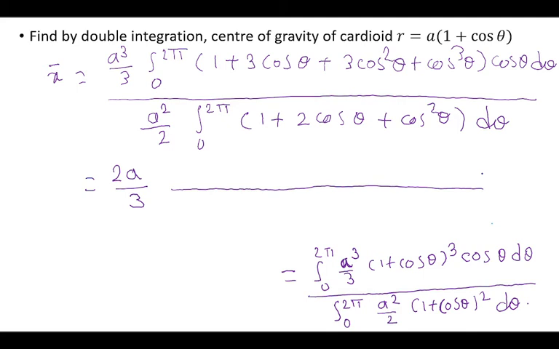If you know some properties, like the integral from 0 to 2 pi of cos raised to n theta, you can use that to know for which power it is 0. Obviously, if the power is odd, then the value of the integral is 0. And if the power is even, it becomes 4 times the integral from 0 to pi by 2. That is a property. But if you don't know, don't worry, just integrate it and substitute upper limit minus lower limit. I will tell you which terms' integral will go to 0.